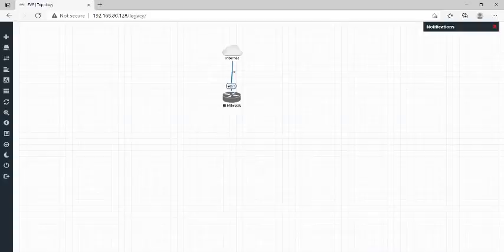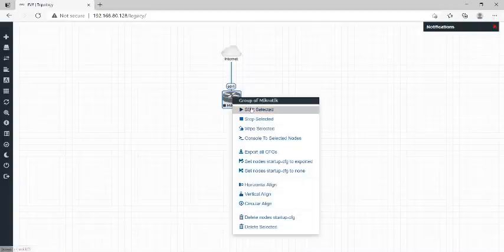After this, you can see the internet is now connected on your controller or on your MikroTik router board. Okay, so this is not on right now. You can see the black, this is showing the black means it is not getting power now. So just right click on it and it will show you the option that start selected.